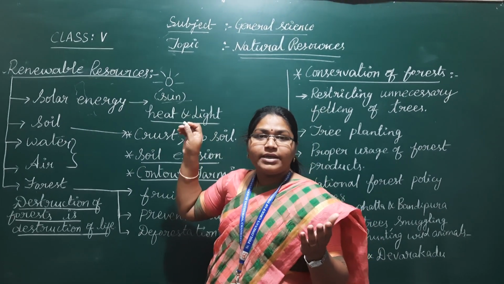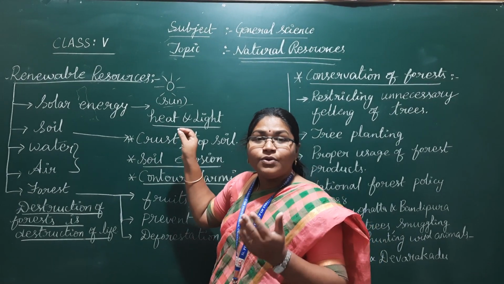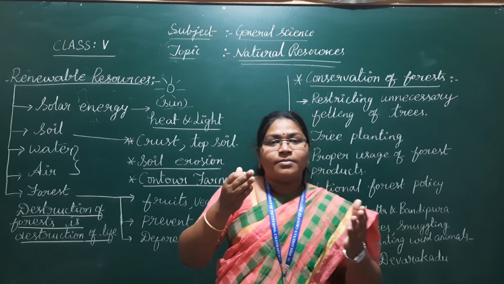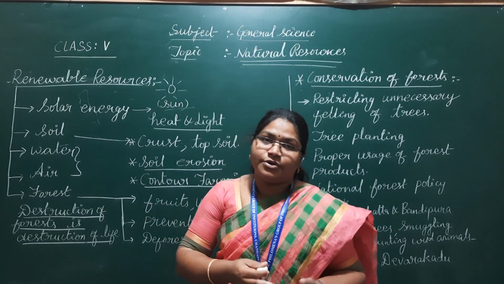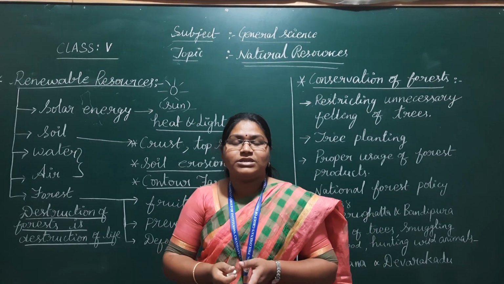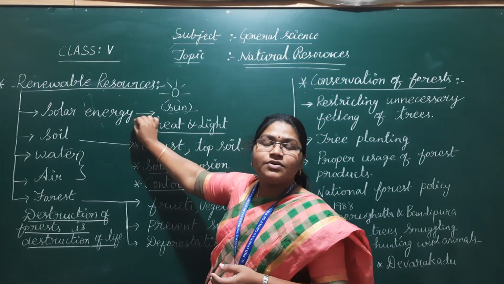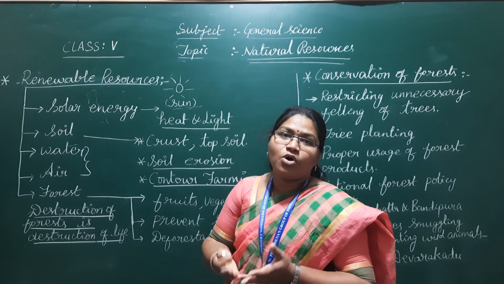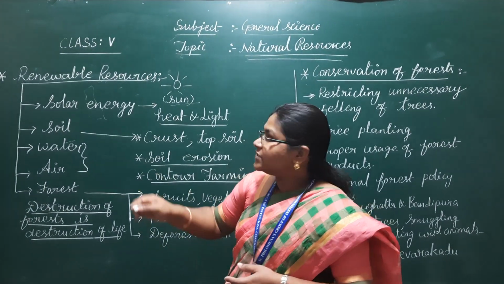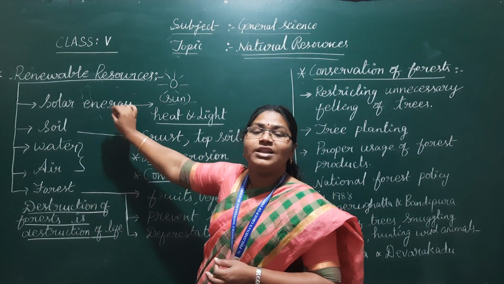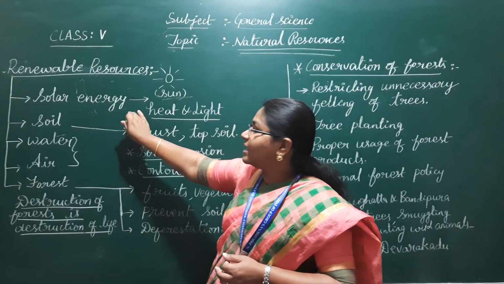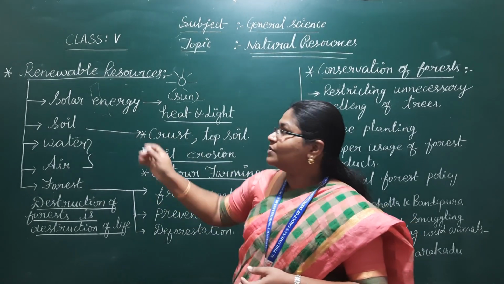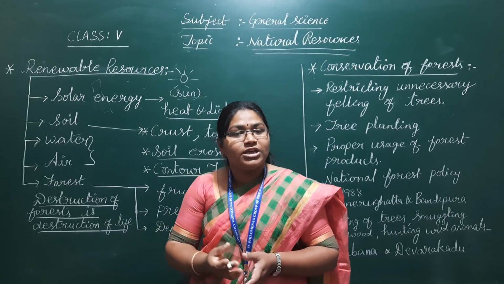You know already that plants make their food using solar energy, light, right? Not only plants; animals depend on plants for their food, and humans depend on plants and animals. If there is no sun, no solar energy, we don't get any heat and light, so there is no growth of plants, there are no animals, and there is no human life at all. That's why solar energy is a very essential renewable resource. Understand? In many thermal power stations, by using solar energy we get electricity, by boiling of water.